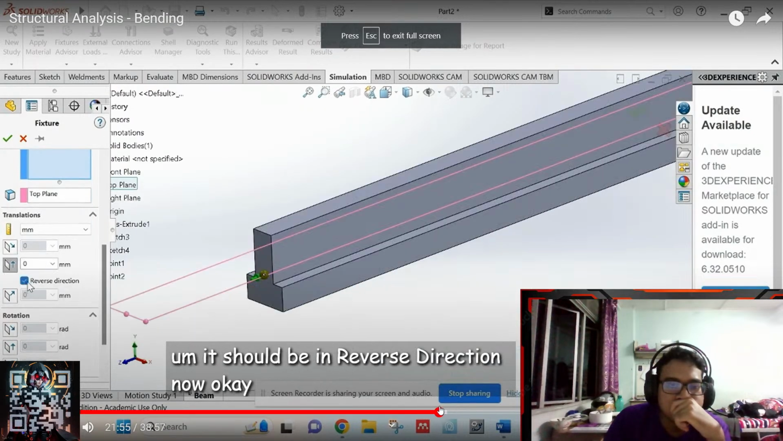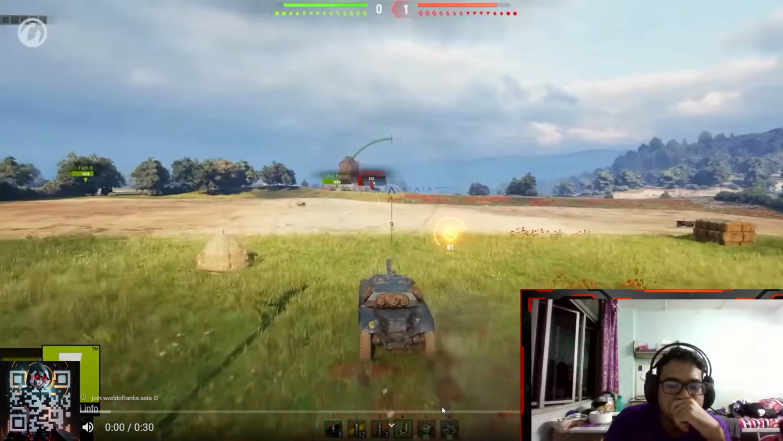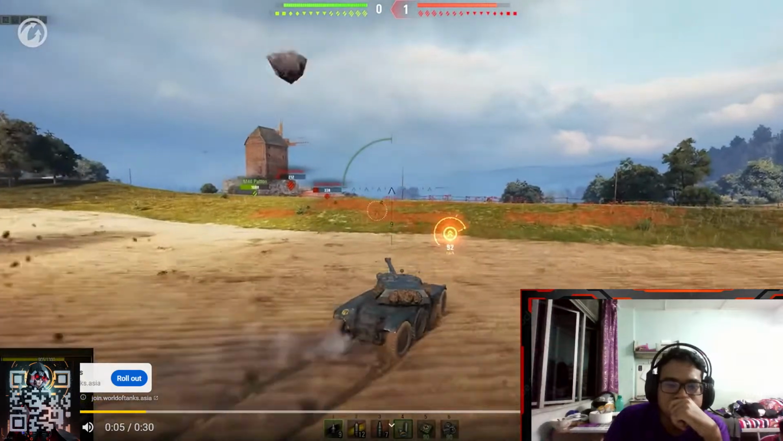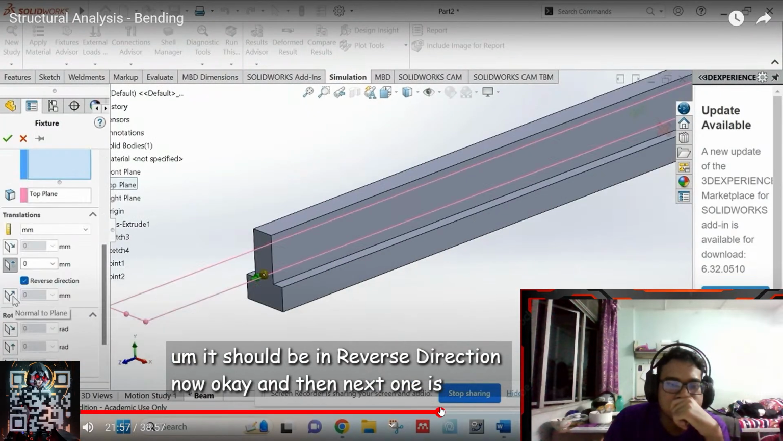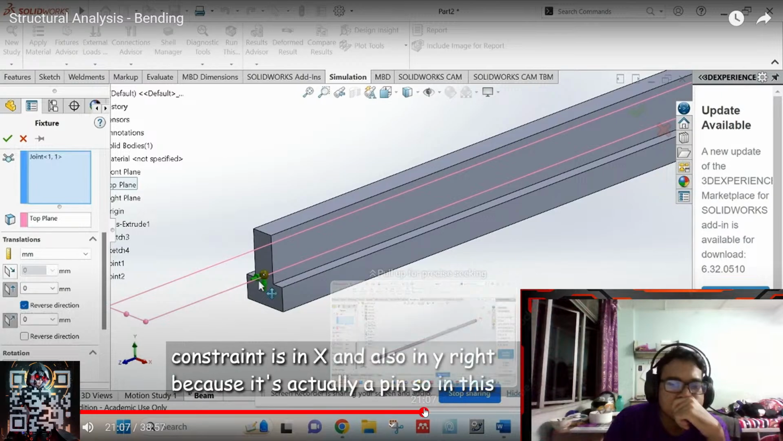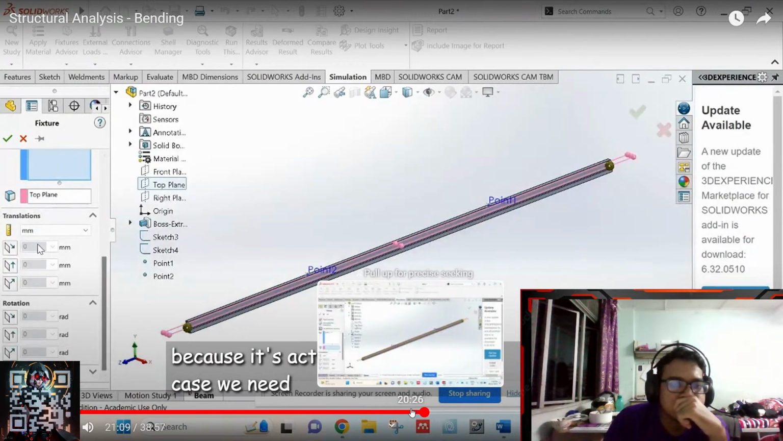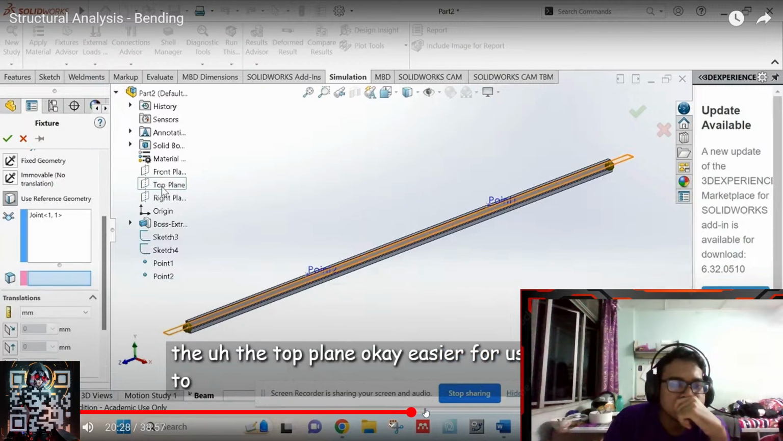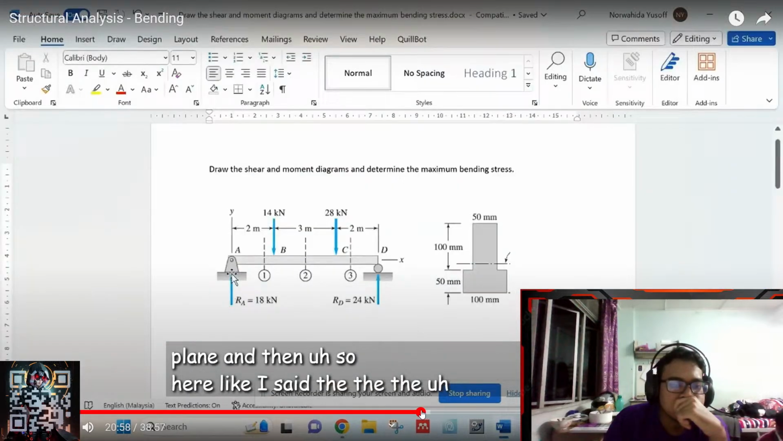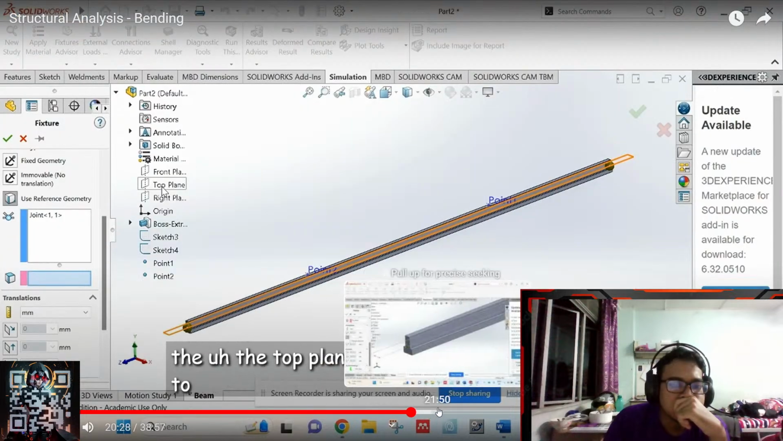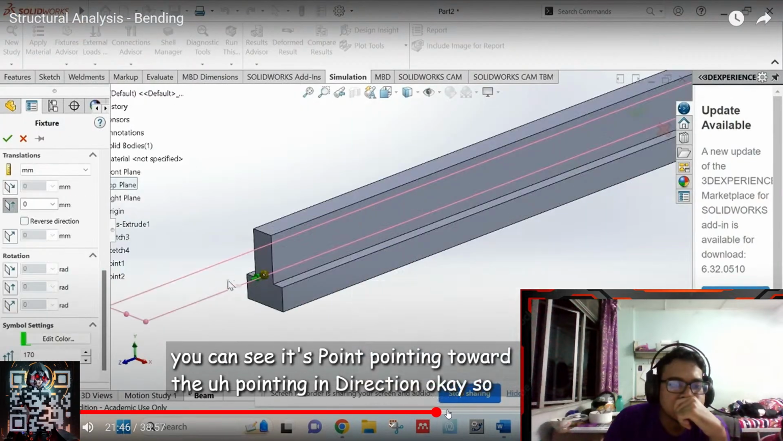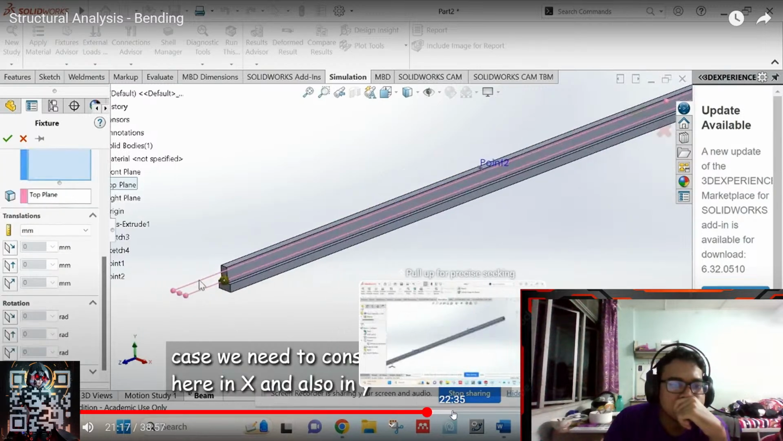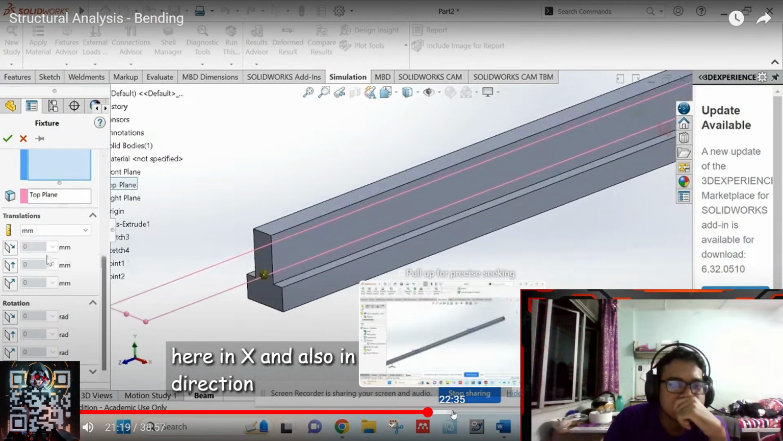Need to okay reference geometry and we this one. Okay, in this case we need to constrain. Okay, easier for us to show the direction the constraint. Okay, easier for us to so also in y direction. Okay,